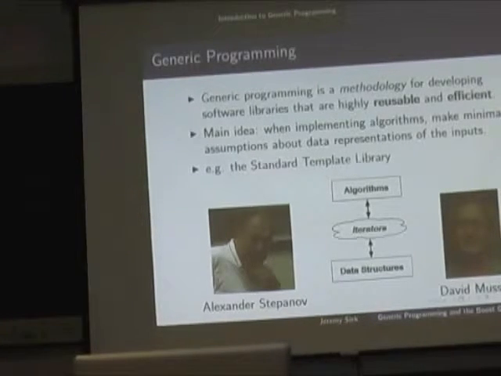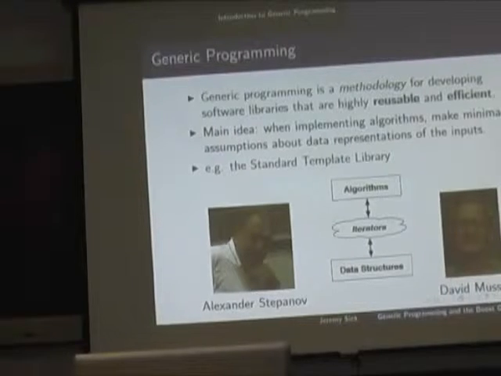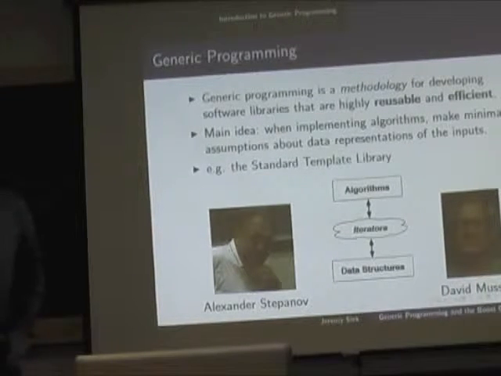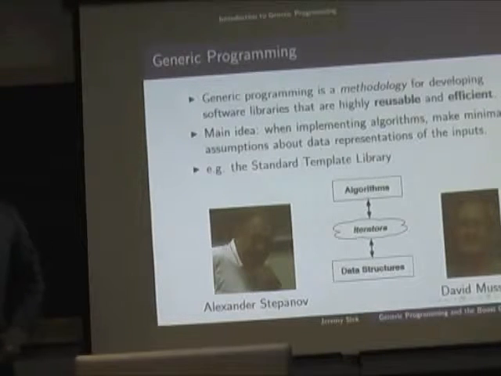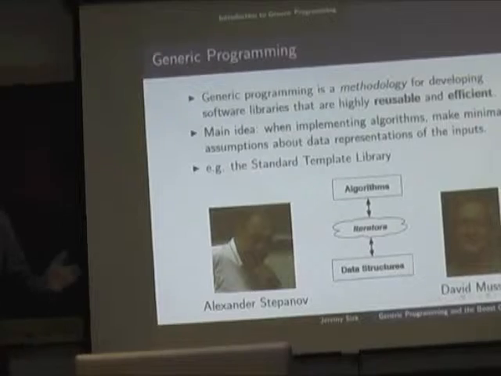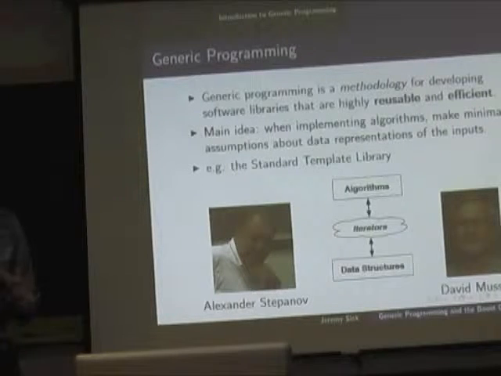So where does generic programming come from, and what is it? I'm going to stress that generic programming is a methodology for developing software libraries. You'll often hear the term generics or generic programming get mixed up with language features, like templates, or what's called generics in Java. Sometimes people get the methodology and the language feature mixed up. They're two different things. You can do generic programming, the methodology, whether or not there are generics in the language, maybe harder.